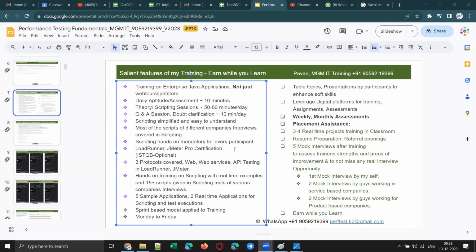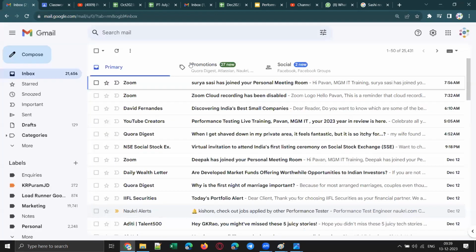Previously I used to take sessions on Sunday, and now on Saturdays. Mostly it will be on the weekend, either Saturday or Sunday, based on everyone's convenience. It will be a 3 to 4 hours session on the weekend, not 1 hour or 2 hours. If we have more participants, I can take up to 6 to 8 hours also. Previously I took 6 to 8 hour sessions as well, because we had some people coming from